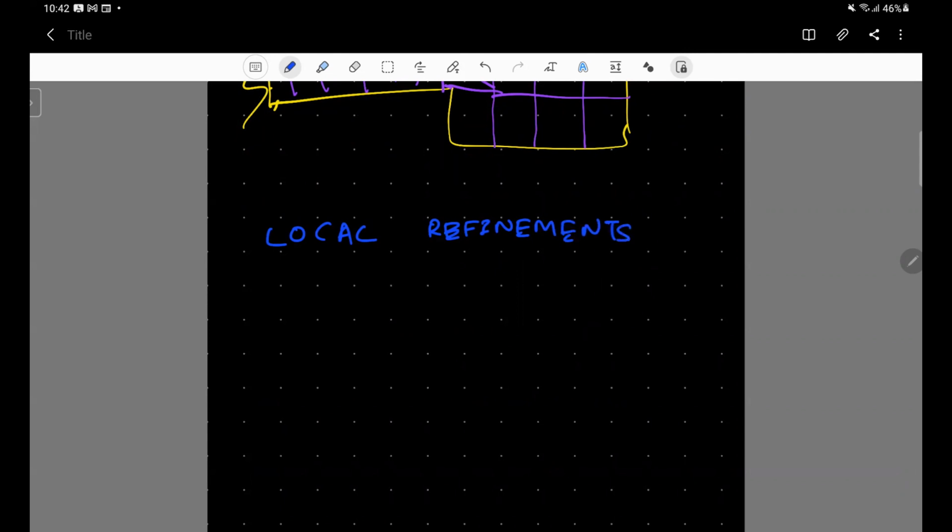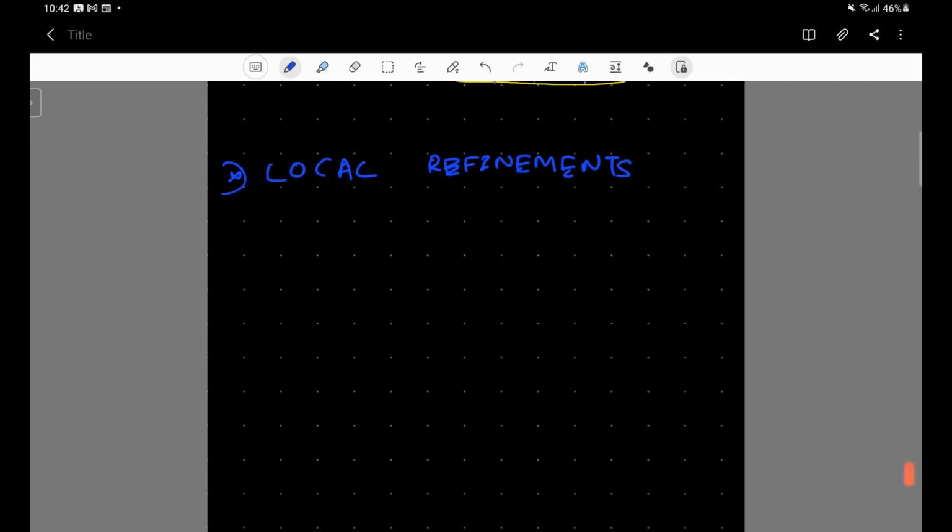If you see, as I mentioned before, a large stress variation or material change at a particular location, you can apply local refinements and improve the mesh at the location where you would like to analyze in more detail, where you think there will be an abrupt change in the geometry, or abrupt change in the material properties, or abrupt change in the distribution of load. In such cases, you could use the concept of local refinements,